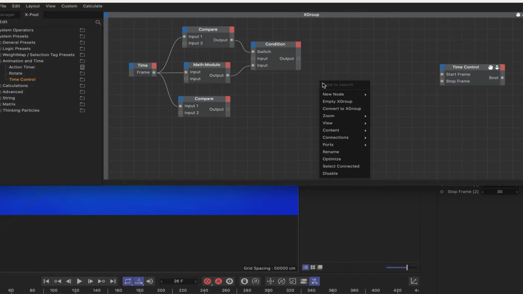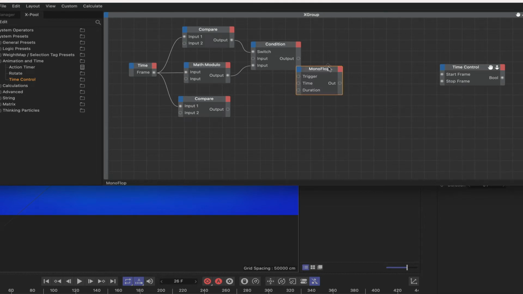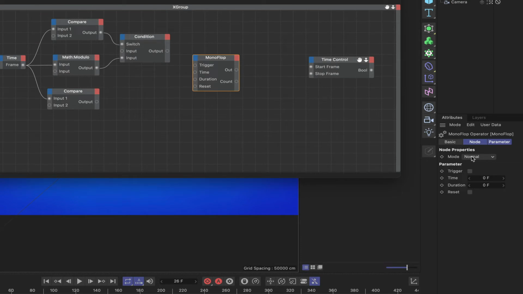Okay, let's get that monoflop. So we'll bring that in. We can just add a reset at the input stage, and at the output stage we need a count, because as I said, we're using this as a counter, we're not going to use it as anything else. Now the monoflop is currently set up, its mode is normal. We don't want that. We want a one-shot monoflop because we want this to be triggered when we get a 1 at this input. So we'll plumb the output of the condition into there,